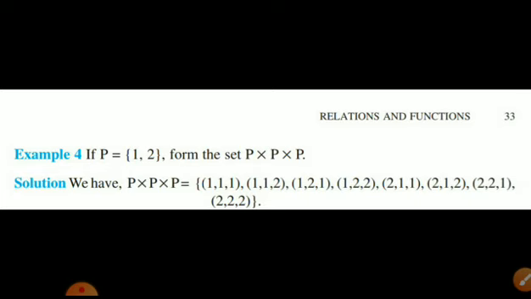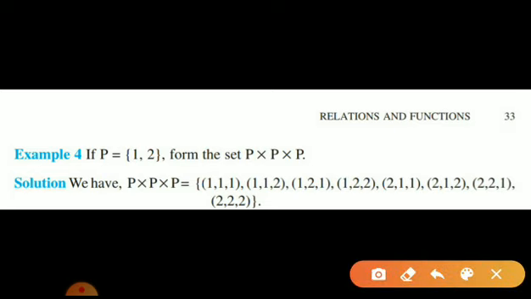Okay, where each element, that means if I'm going to take an ordered triplet, then the first element will again be an element of P, and the second as well as third will be elements of your P. So how to form the set P cross P cross P? Just write that it will be what? We have to take